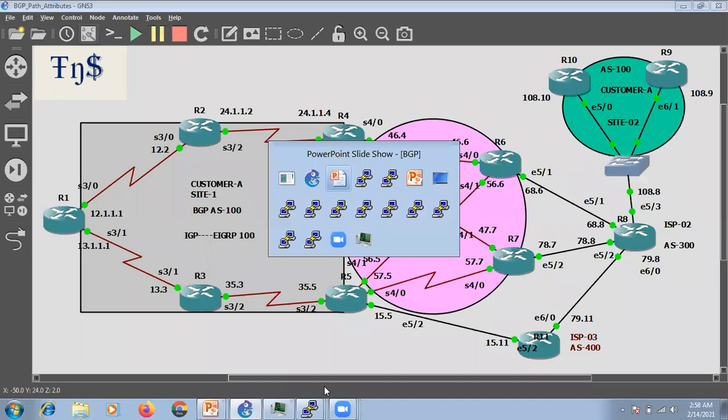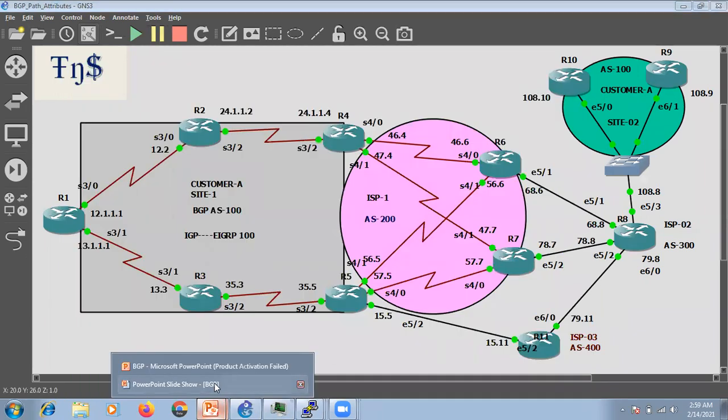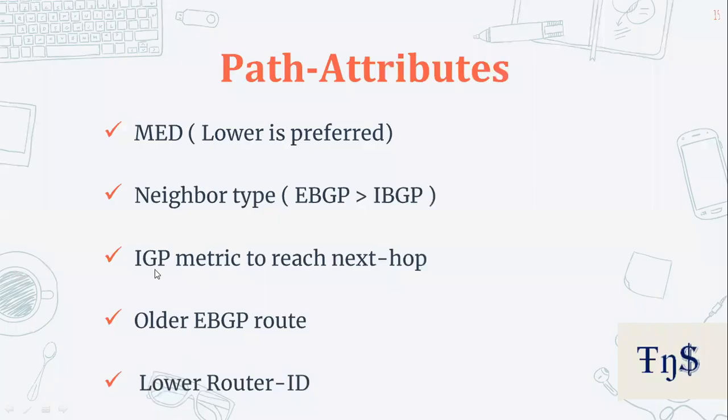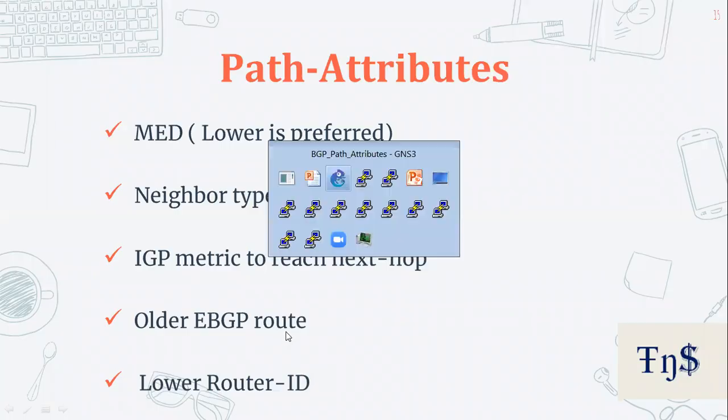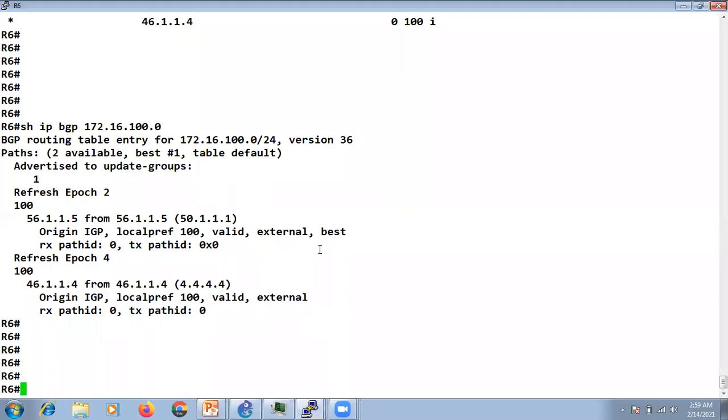So this value is also not compared, right? Now what's next? It will go to older EBGP routes. So whichever route it receives first, or you can say the route which is the older route, it will select as the best route. Now for example, if I'm at R6,